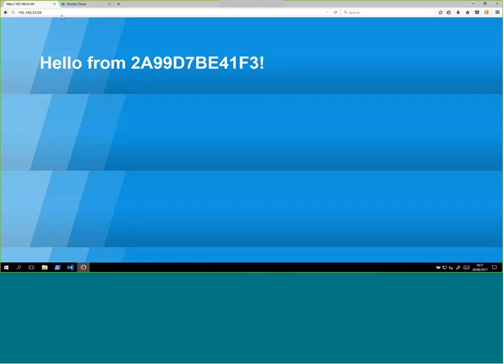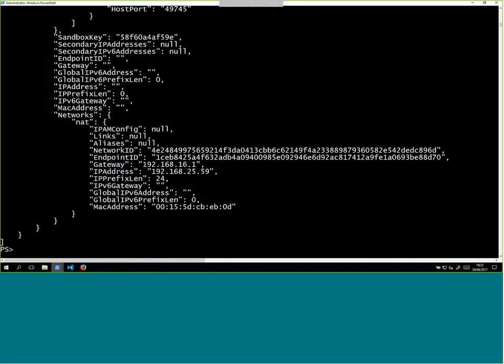Now, when it hits the container, the first thing it does is spin up a worker process to handle the request. That's why there was a lag of a couple of seconds there. But then it goes straight into my ASPX site, and all it does is get the machine name from the current environment, which is a random machine name that happens to be the container ID, and it displays it on the page. So here, when I look at my container, if I do a container list,